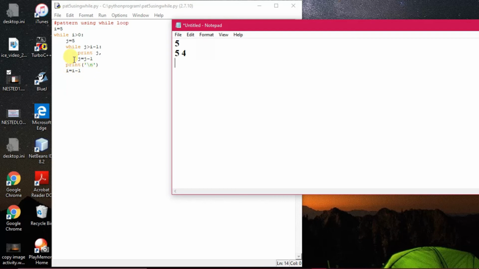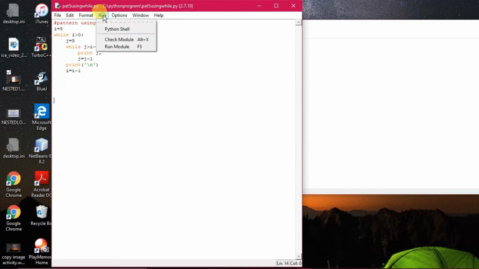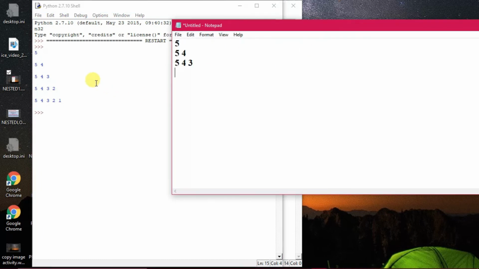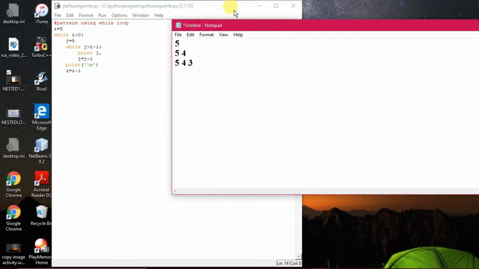Now the thing is, what is happening? 4 minus 1 is 3, so 3 is greater than 0, then it will go for 3 minus 1, 2. Okay, so j will start from 5, that means 5 4 3 will be printed. Okay, so what will be printed? 5 4 and 3, sorry, 3 will be printed. All right, now let us execute this program as well. Okay, run module, I'm doing it now. You see this particular thing. Yes, so what I was explaining, 5 4 3, next is coming 5 4 3 2. Let us see why.